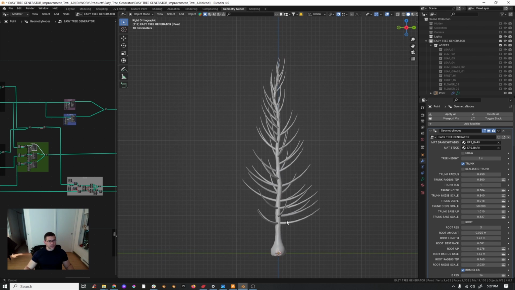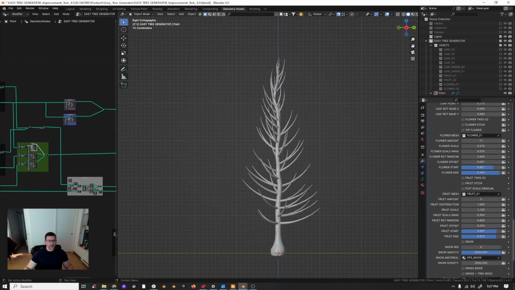This is the basic tree, which is made by a trunk and the first branches. So the first option you have here is the materials. You have the materials for the barks, which means the barks and twigs, which means the whole tree, except for the leaves, and the stick. The stick is this guy here,